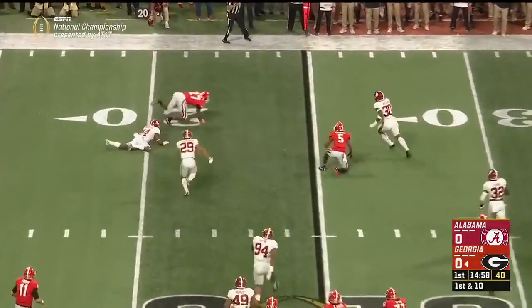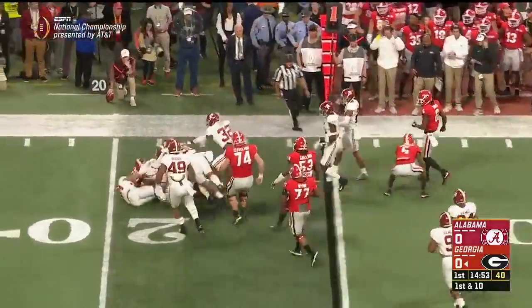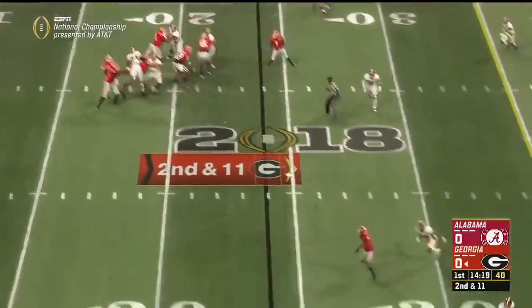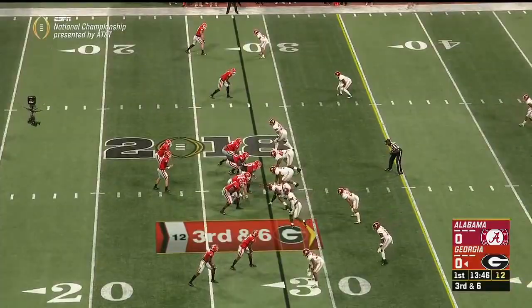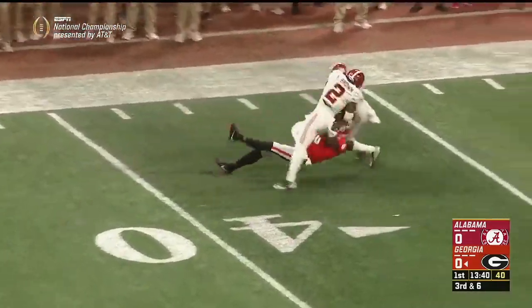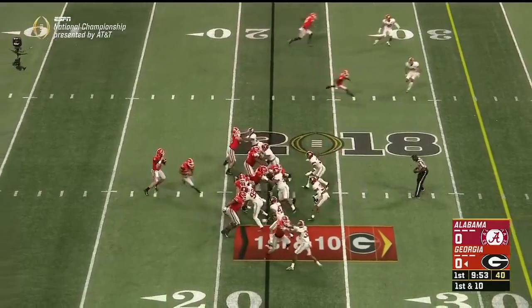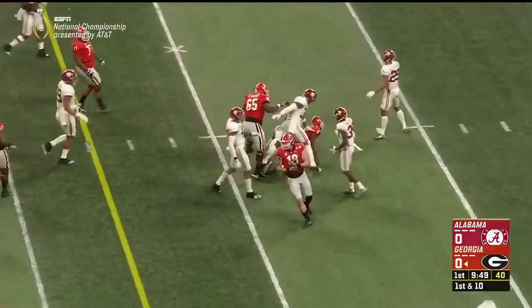Chubb in the flat, hit, fights through the initial tackle, works hard just to lose 1 yard. Second and 11. From the pocket delivers a long throw near the sideline, and Terry Godwin. From straight back, pressure up the middle, hit as he throws, a downfield shot, and coming back, Wims up. He fakes it to him, fires a slant, Godwin has got it, and he's got a first down across the